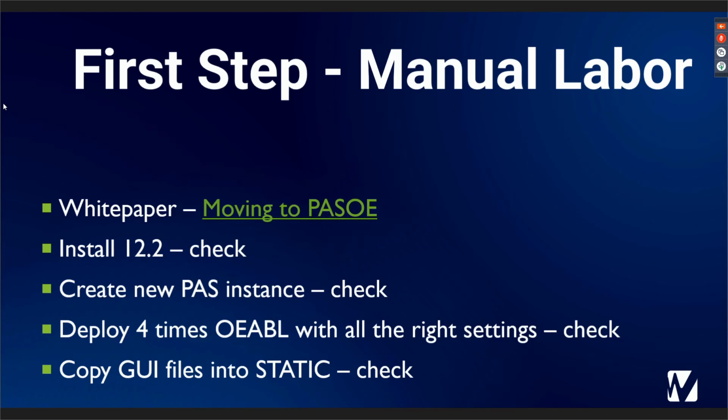And the last thing was to copy the code. For the backend, I didn't do anything. I left the code where it is. So it's a PL file that I left where it is and just referenced into the propath of the web apps. And the only decision that I had to make was to do something about the GUI files, the client wants. So I chose the easiest way and copied the files into the static folder of the concerned web apps. Now that I have my dev environment running,